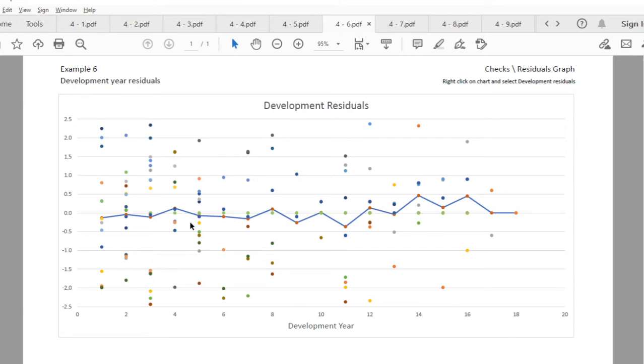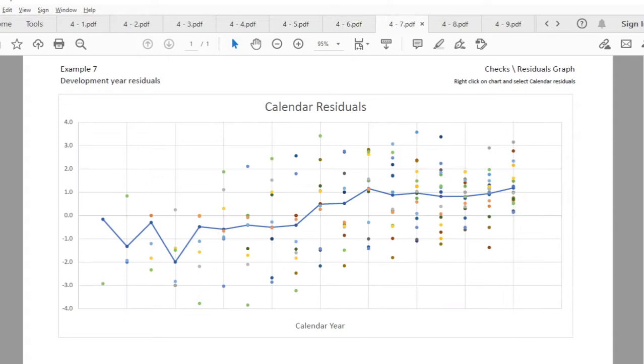So now let's look at the most powerful residual chart, the one showing us calendar residuals. This is most powerful as we often see by eye trends going horizontally in our triangle through development periods or vertically in our triangle through origin periods, but it's much harder to spot diagonal effects through calendar periods. So we can see here